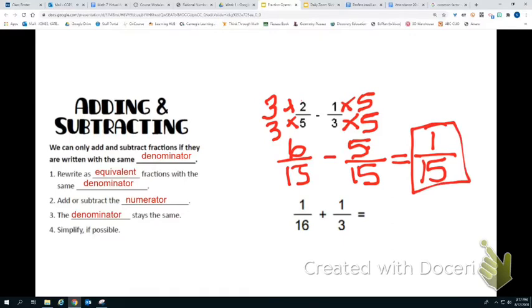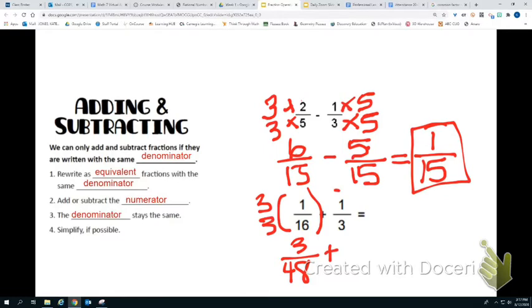Okay, so moving on to adding. Adding is the exact same process. You're just combining them instead of taking away, but you still need that common denominator. So again, if you can't think of a common denominator between 3 and 16, just multiply this one by 3 to get 3/48,